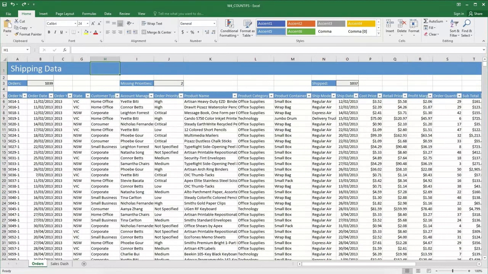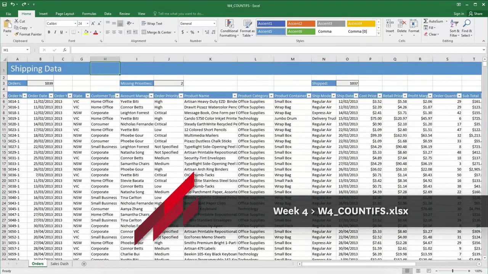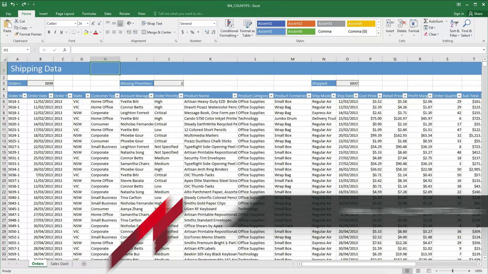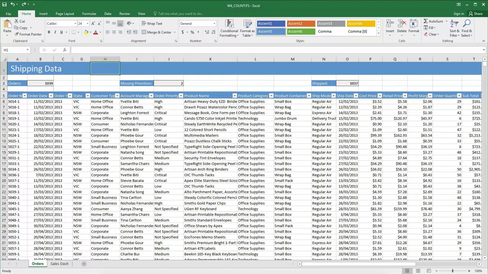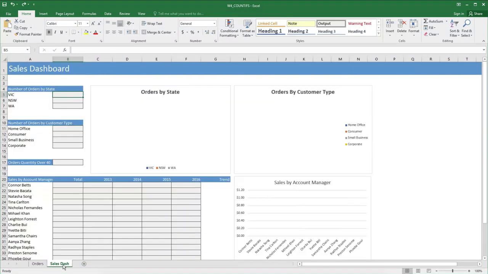UMA needs to help the sales department to find out a breakdown of orders coming from the states of Victoria, New South Wales, and Western Australia. UMA already has a dashboard template from last year which she now needs to fill in. This template is on the next sheet, so click on the next sheet, Sales Dash, where we will be summarizing